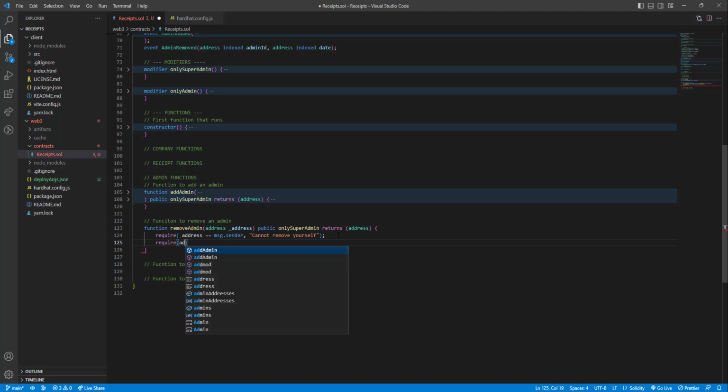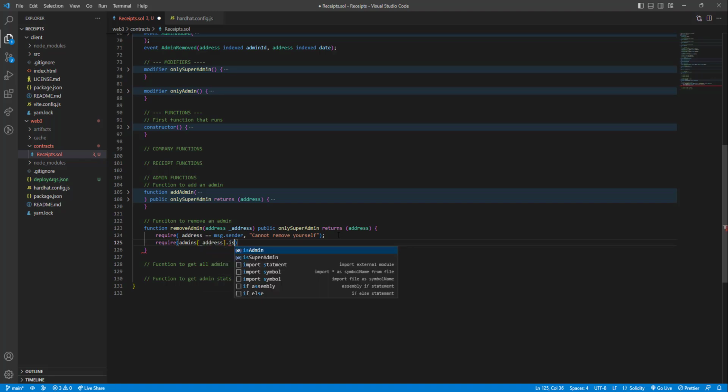So for example, admins, address dot is admin. Remember the first part is the condition, the second part is the error if this doesn't pass. So if this person is an admin, cool, continue the function. If not, then admin does not exist,